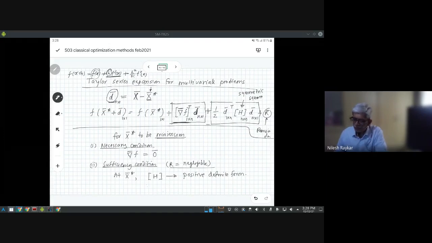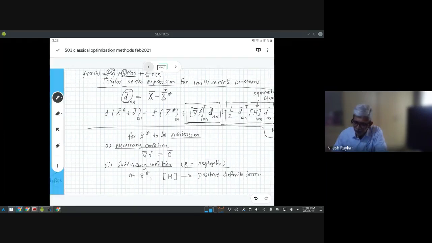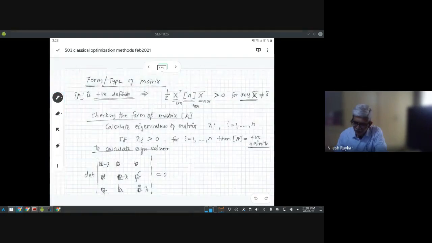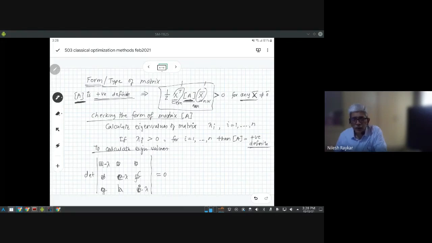So if you remember the definition of positive definite, which we discussed earlier: if a matrix is positive definite, then if it is pre-multiplied and post-multiplied by any arbitrary vector, its transpose and the vector, the result is positive. So here the x bar transpose and x bar are replaced by d bar transpose and d bar, and our A matrix is the H matrix. This is the exact term which is there in our Taylor series expansion for a multivariate function.